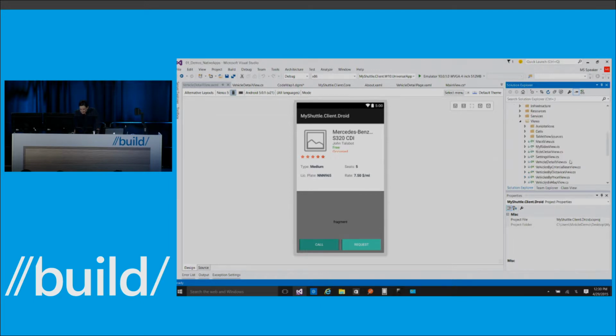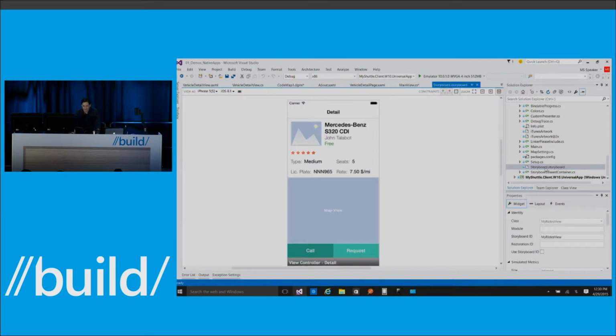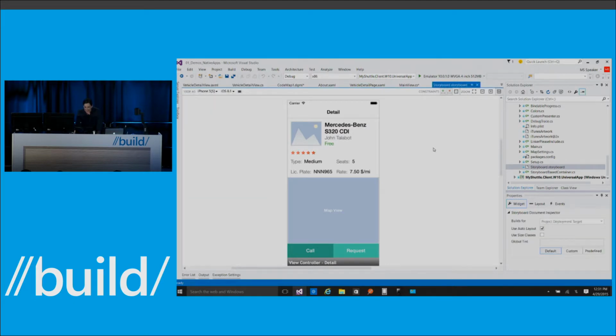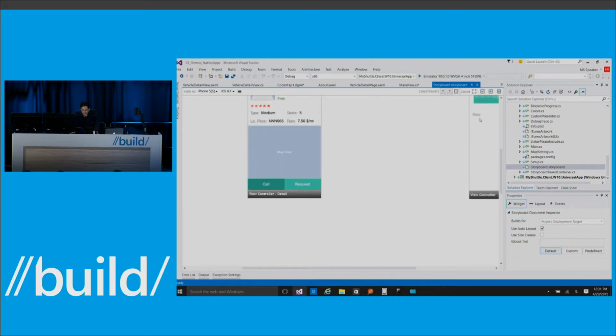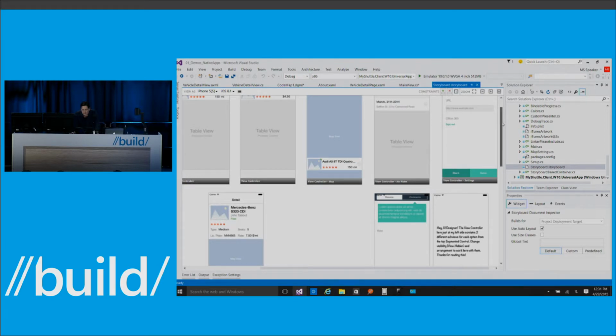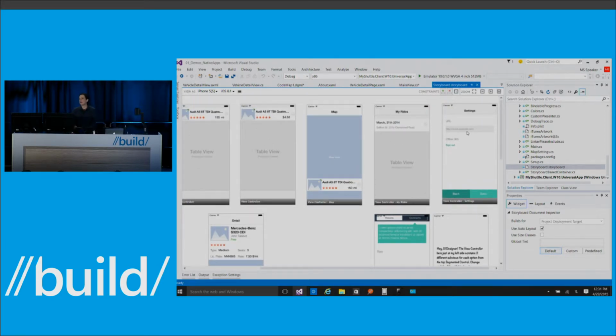And then if I go into the views, the storyboard view, you can actually see that I get the same kind of WYSIWYG experience. We have a full toolbox so that I can drag and drop all kinds of controls onto this design experience. And in fact, for iOS, it's not just a per-screen designer. This is actually a full storyboard designer like what you see in Xcode. So if I zoom out, you can actually see that I have the full storyboard for the application defined in Visual Studio for my iOS application.